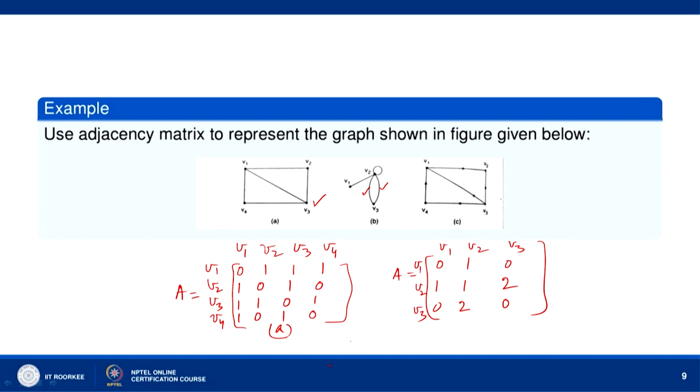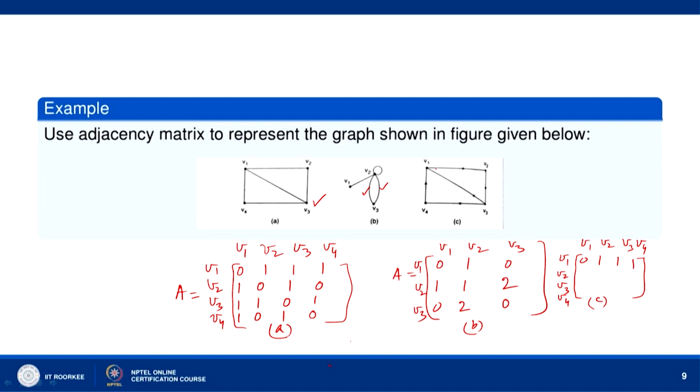Now, in part C, so this was part B. In part C we have 4 vertices, v1, v2, v3, v4. Now, let us see what the matrix is. At v1 there is no self loop, so we get 0. v1 is joined to v2, so we get value 1. v1 is joined to v3, so we get value 1. v1 is joined to v4, we get value 1, and then v2 is joined